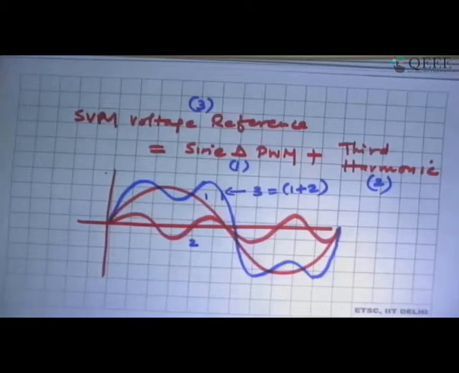So the effect of space vector modulation can also be obtained by sine triangle PWM. You just add it and compare it with